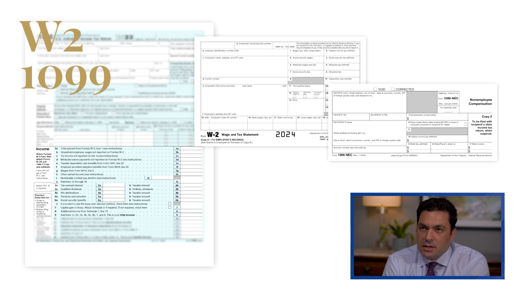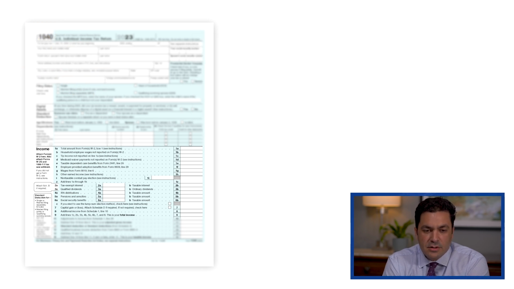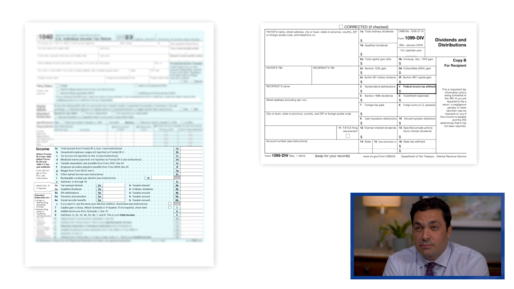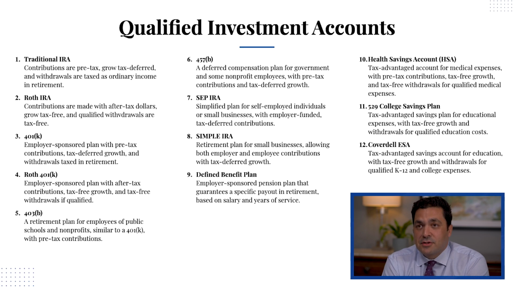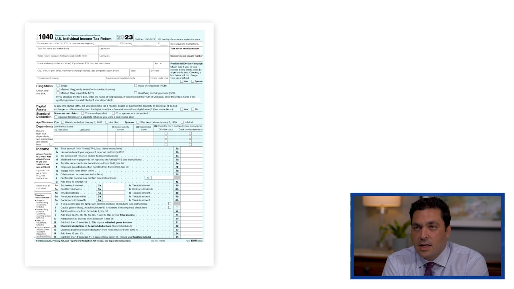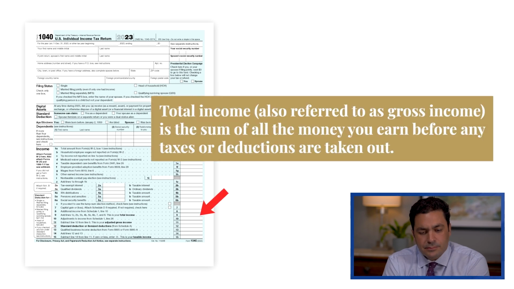You might have some investment income. There's a form called 1099-DIV. That's any distributions or dividends you got from investment accounts that aren't qualified accounts. Qualified accounts are your IRAs, your 401ks, your 403bs. So again, lots of fun terms in this video. But once you get all your income from investment accounts, from your W-2s, from your 1099s, then you're going to have your gross income.